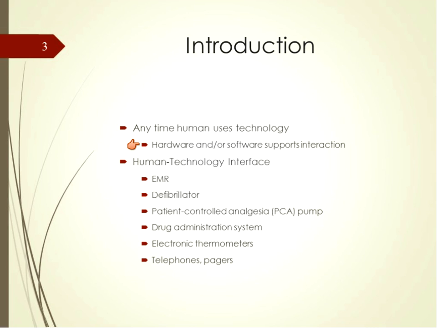Other examples of human technology interfaces one might encounter include a defibrillator, a patient-controlled analgesia pump, any number of physiological monitoring systems, electronic thermometers, and telephones and pagers. The human interfaces for each of these technologies are different and can even differ among different brands or versions of the same device. For example, to enter into an EHR, one might use a keyboard, a light pen, a touch